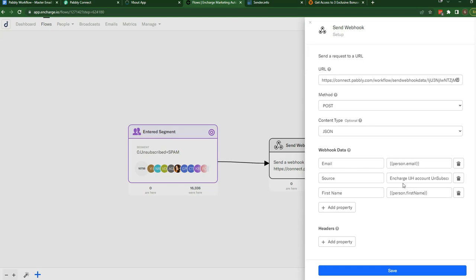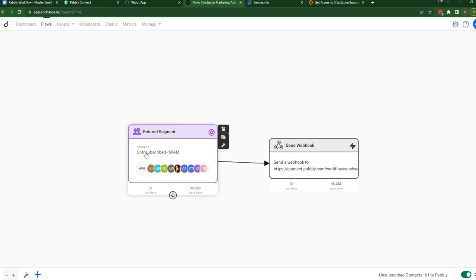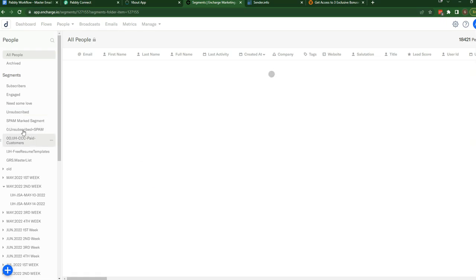Another thing that I have realized is you should add the source as well. So this is coming from Encharge, unsubscribe. This source will enable you to identify from which place this particular thing is coming out, right? So this will allow you to do that. So this is for Encharge. If I want to show you the unsubscribed plus spam folder, if I go here,